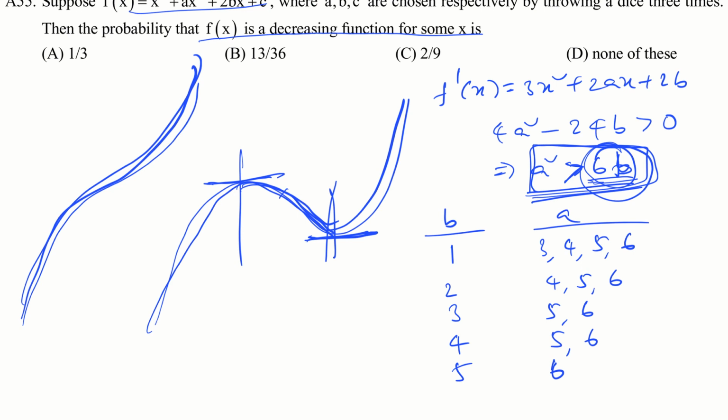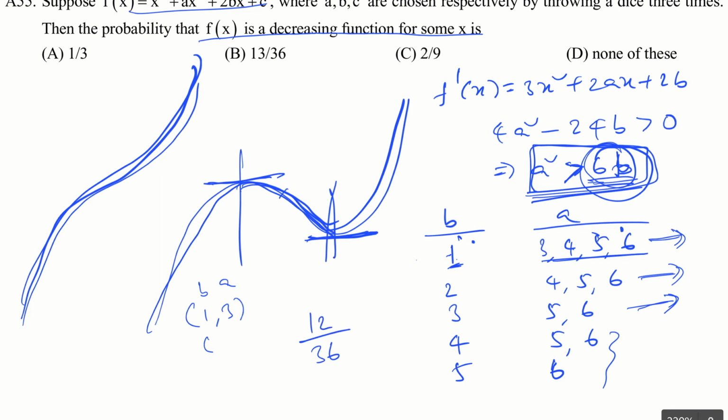So these are the possibilities. With b as 1, these are the 4 choices, and here 3. Here, the ordered pairs I am talking about are 1, 3, 1, 4. I mean this is b, this is a. Or if you want in order, you can write 3, 1, 4, 1, 5, 1, 6, 1, like that. Anyways, 4 here, 3, 7, 2, 9, 9 plus 3, 12 in total. 12 favorable outcomes out of 36. So the answer is 1 by 3. Let's go to next problem.